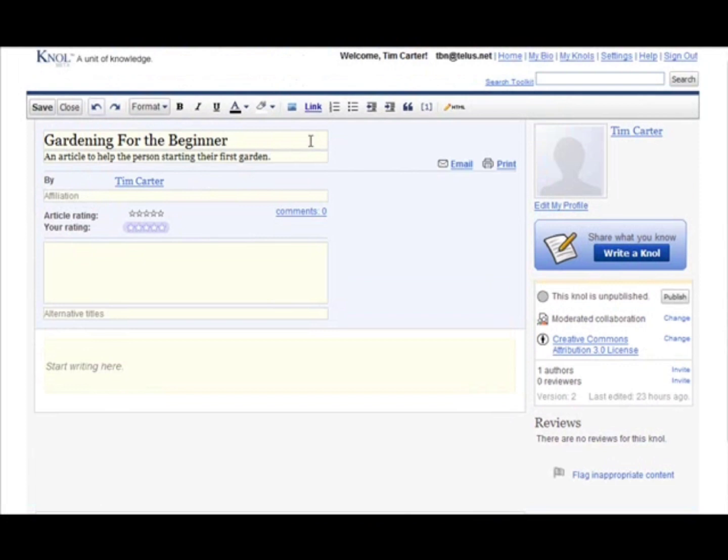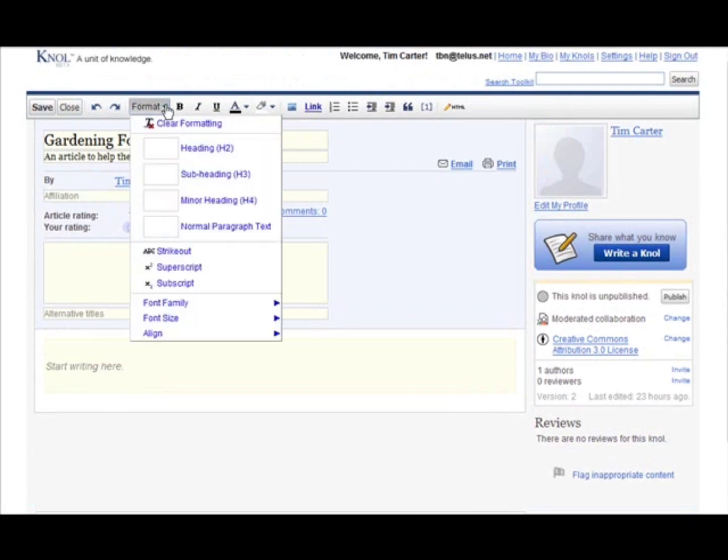Now before we start writing, let's go over the tools we have at the top. These are self-explanatory. Save will save the contents of your Knol. Close will close it. This is an undo and a redo. These are your formats here. If you click on that,